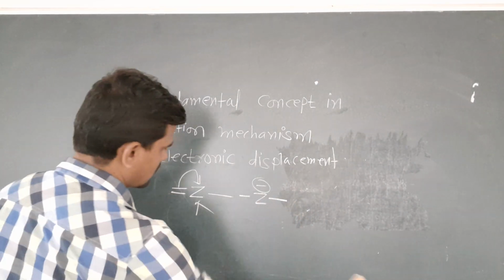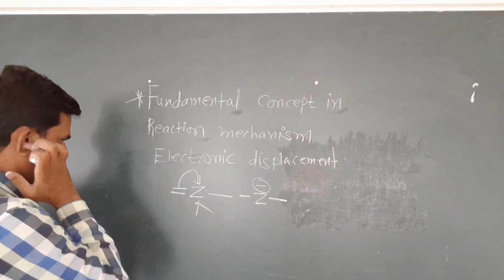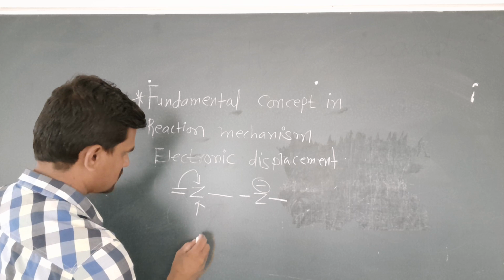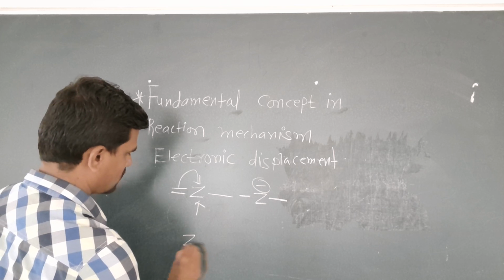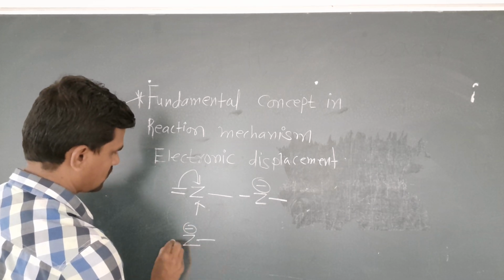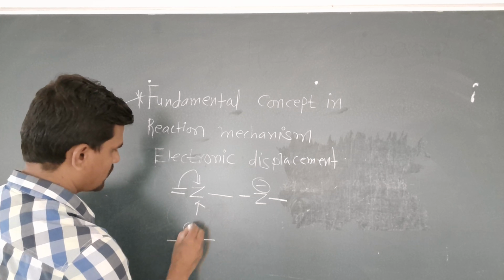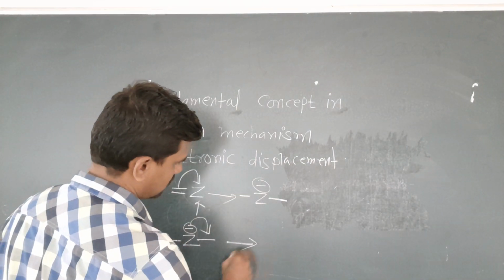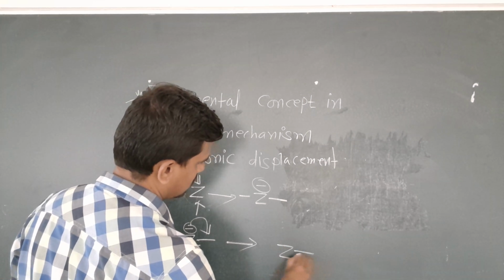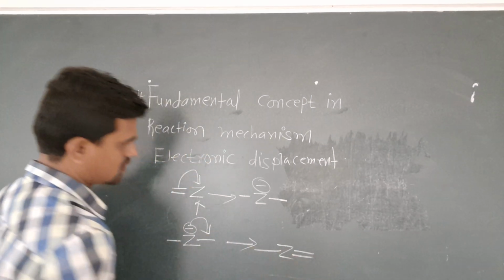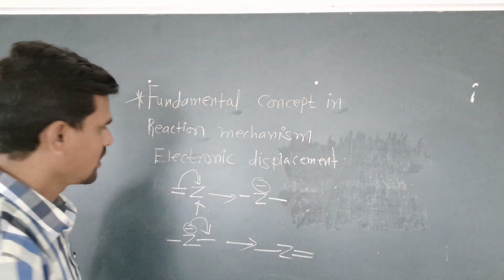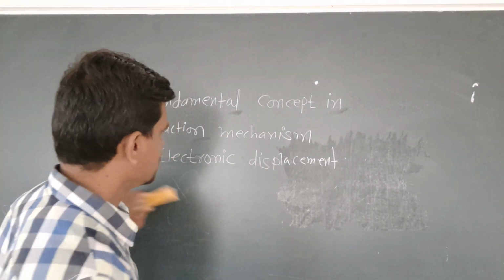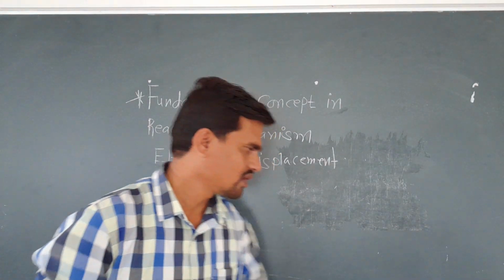So this is the second, and in the third, from the atom to the bond. So these are the various electronic displacements, and last, when a bond breaks by homolytic bond fission,